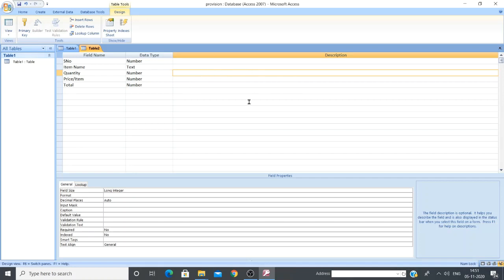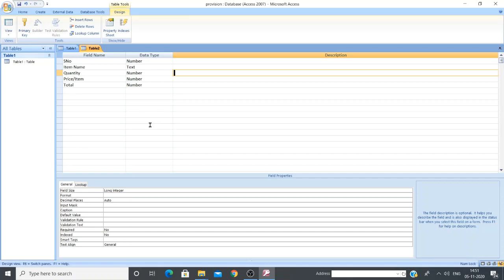Likewise, you can give a description. It's not mandatory. The first two fields, the field name and data type, are the mandatory fields and this is optional. Okay, so once you design a table, we have given a field name and data type. Once you design the table, what do you have to do, who remembers? Yes, we have to set the primary key.